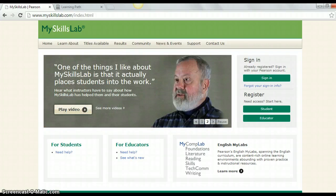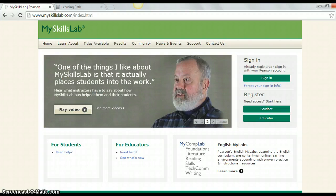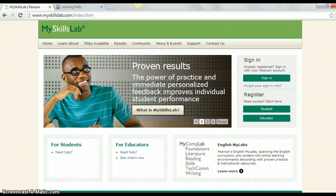I know we've been discussing your course redesign at your school, in that the reading writing combo class is one of the models that your department is investigating. The great thing about MySkillsLab is it is totally integrated. The diagnostics, the reading and writing modules, everything is integrated. Pearson is the only company that fully integrates both reading and writing. So that's really, really important, I think,